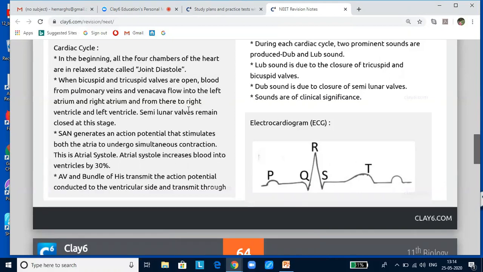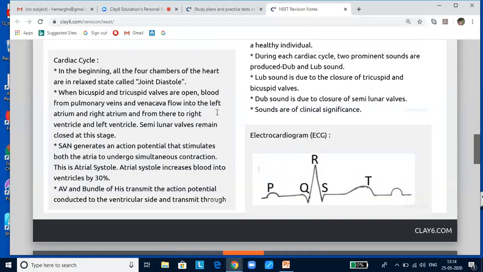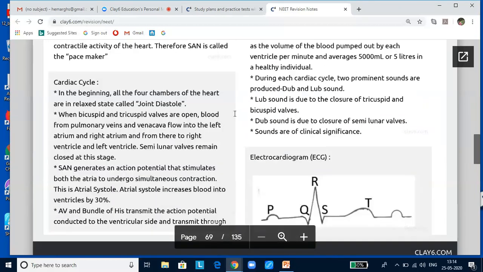Ventricles and the atria are relaxed as earlier. SAN again generates a new action potential and events are repeated in sequence and the process continues. This sequential event in the heart is called cardiac cycle and it consists of systole and diastole of both atria and ventricles. Many such cardiac cycles are performed per minute. Now the next concept you have to learn is cardiac output.